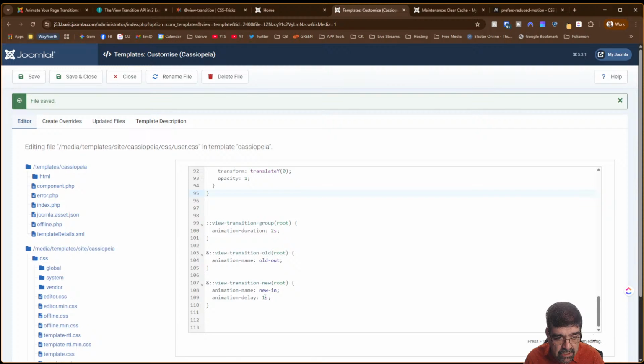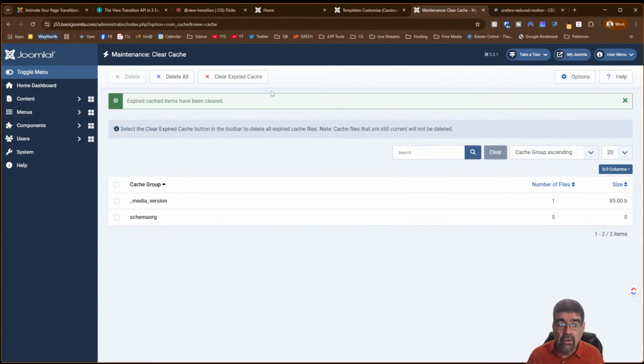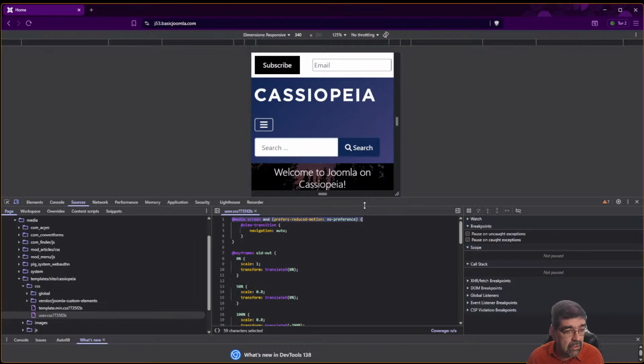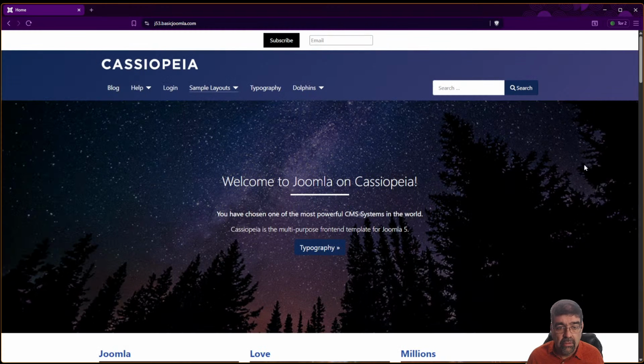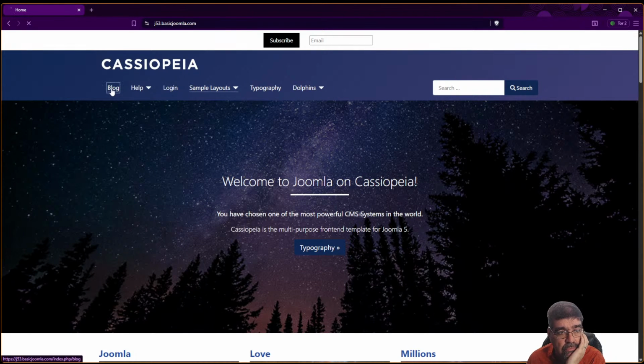And let's just see how the fade works. Let's make this 6 and 6 seconds. Save. Clear expired cache. And now we'll go back to here. Close this, Control Shift and R. So this should also fade as it changes over 6 seconds. So if we go to blog,